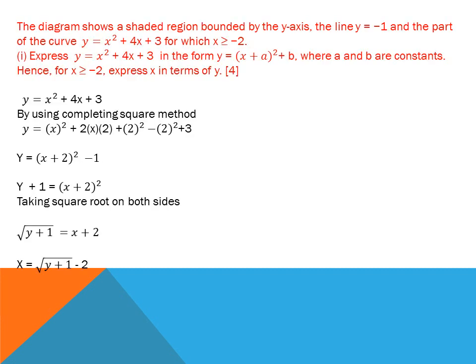The next question is related to functions. There are two functions f and g defined by this. f of x is equal to 3 over 2x plus 1, x is greater than 0. X greater than 0 means its domain is greater than 0. Domain means the value which we put in the equation to find the other value, f of x. f of x is related to the y variable, so the x variable is the domain and the f of x variable is the range. So the domain is greater than 0 in both functions.